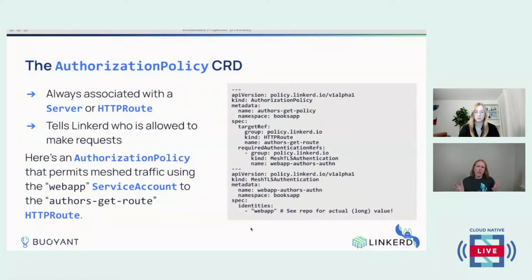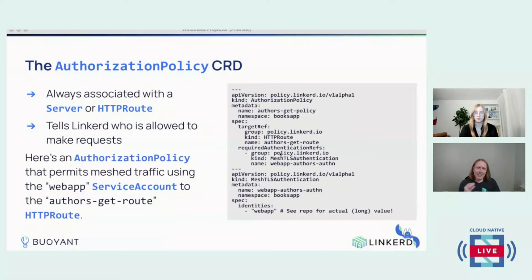Finally, we have the authorization policy CRD. You can associate these with a server or an HTTP route, and it tells Linkerd who is allowed to make these requests. So this particular one, if we break it down, is associated with an HTTP route called authors-get-route. It requires that you be using mesh TLS.